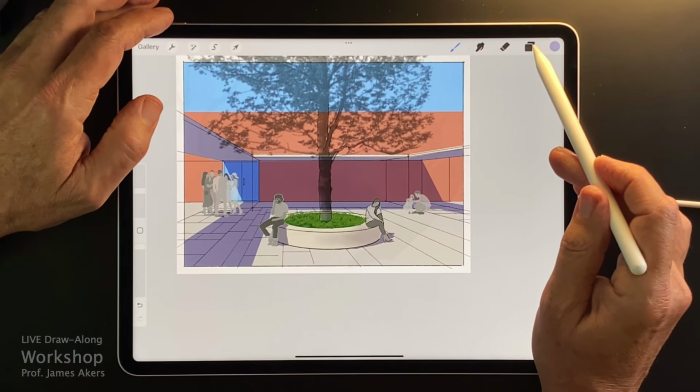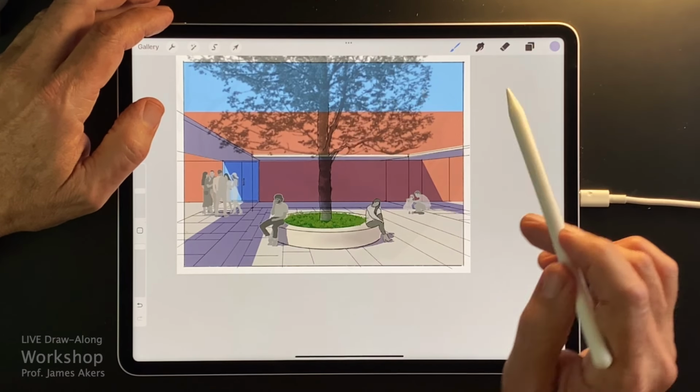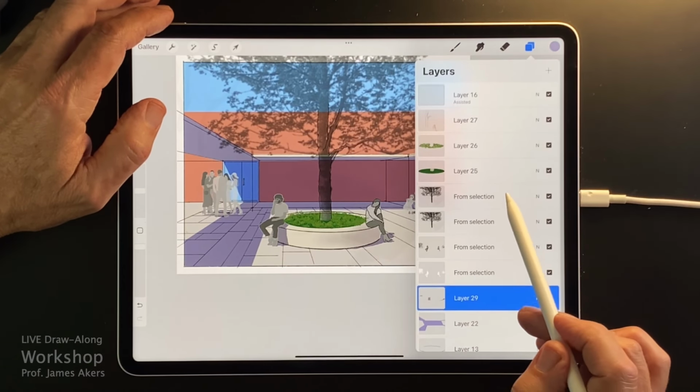you can actually add the shadow cast by that tree.